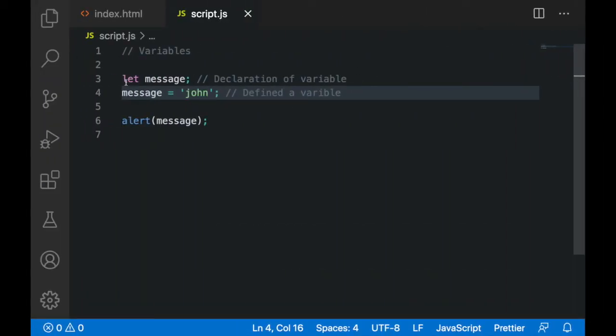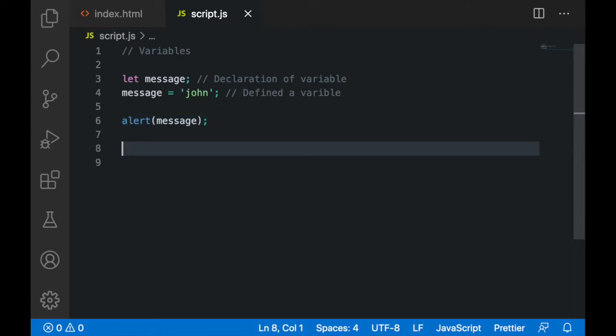So you have basically created a container or a variable which is able to store some kind of data, and you are then using that variable directly to manipulate our web page or to do something in our web page. So isn't it interesting? Let me tell you yet another thing. Friends, you can also declare multiple variables in a single line.